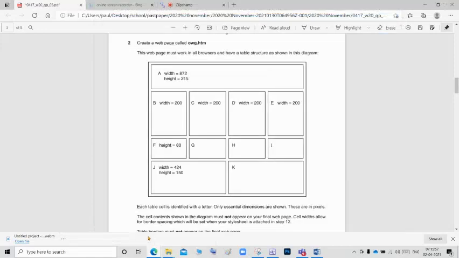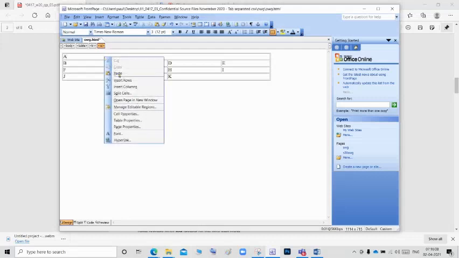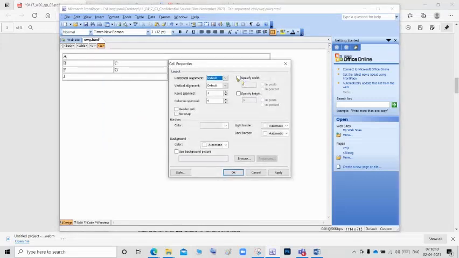Next, we want to give the dimensions for all the cells. For the A, they are giving 872 width and 215 height. Go to the A, right click, cell properties, specify width 872 and height 215.